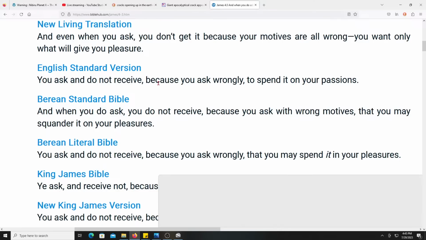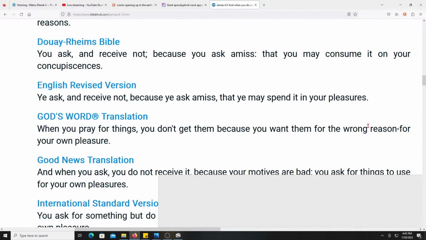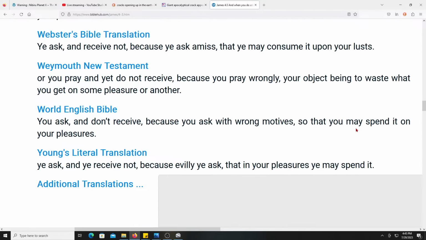You ask and you do not receive because you ask wrongly, to spend it on your passions. It's all about your heart. It literally has to do with your heart.